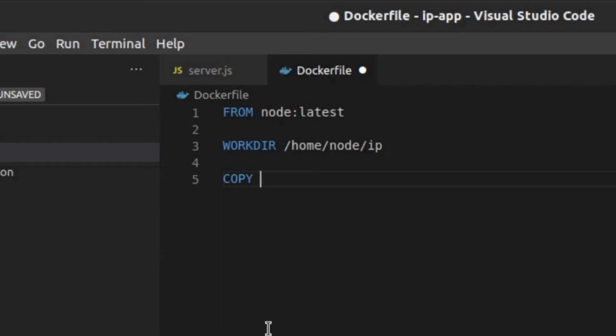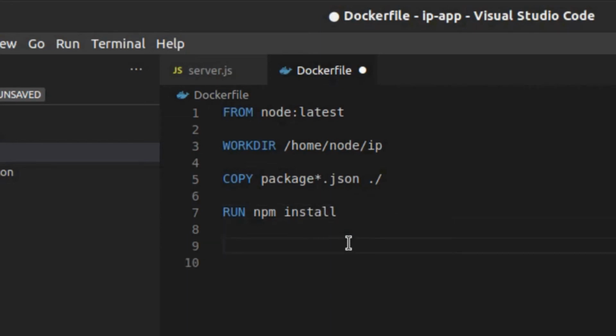Let's copy the package.json and package-lock.json files. The destination of these files is gonna be ./, and by ./ I mean that it is the current working directory inside the container, which is the IP folder. Now let's run npm install in that IP folder, since copying the node modules is not a good practice.